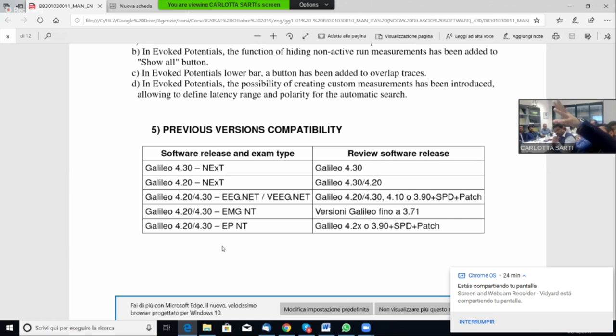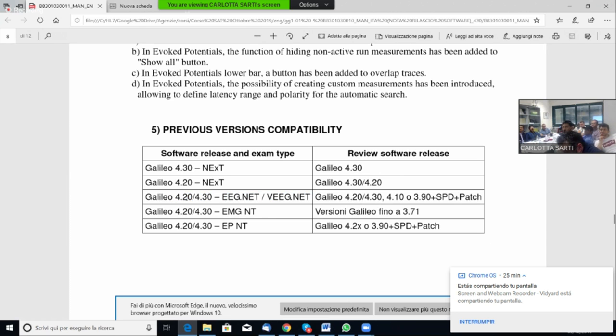So, if you have Galileo NT line version 3 and you create the examination, you can read it with the right part of the table. You can read it with Galileo line for the 3. But if you have Galileo line for the 2 and you create the examination, you can read it with Galileo line for the 3 and for the 2. And also, you can create